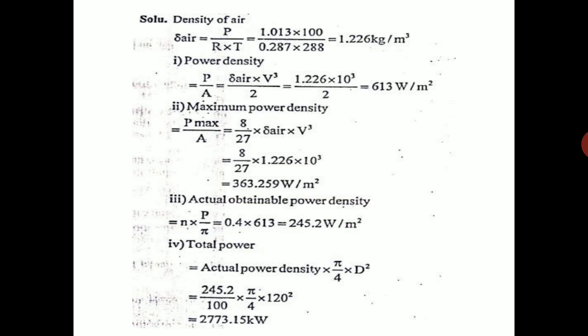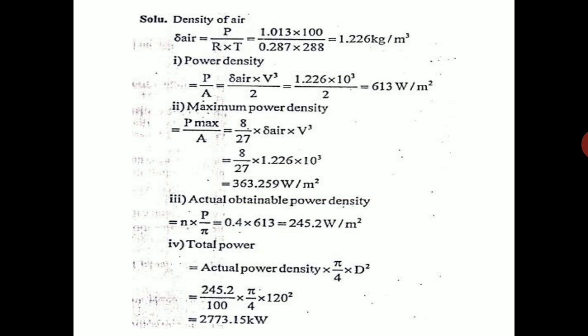For a simple understanding, I will tell you the density of air will normally be 1.2 to 1.3 kg per meter cube. Okay, please bear this in mind. Density of water is 1000 kg per meter cube, but for air it is between 1.2 and 1.3 kg per meter cube depending upon the temperature. As the temperature increases, density decreases. As the temperature decreases, density increases. You can see from this relation.